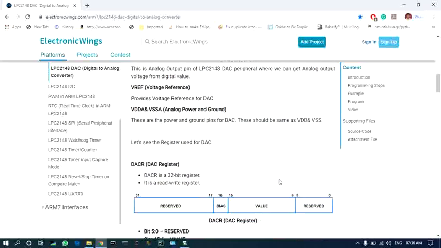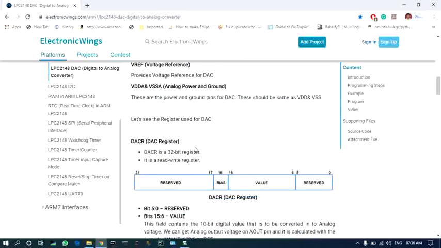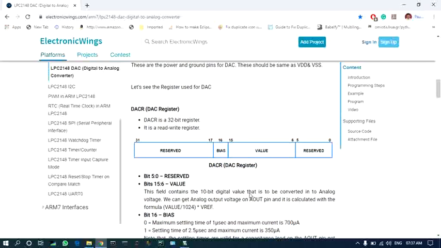So we need to use this DAC register in order to supply the input value. Of course, the bias can be set, which will consider the maximum settling time.